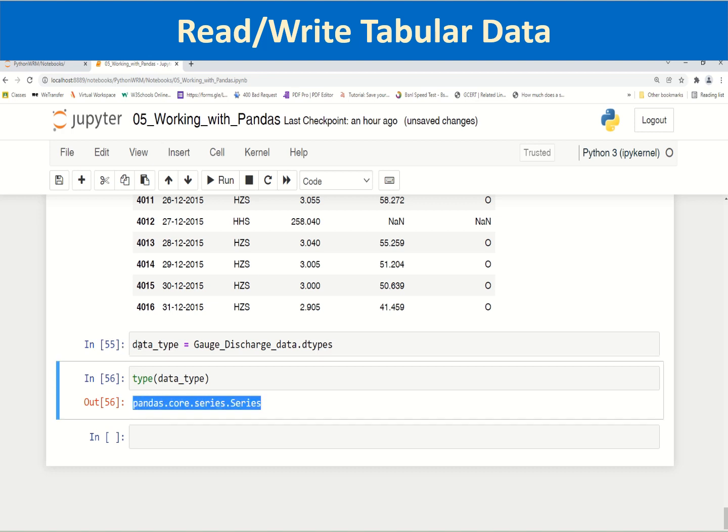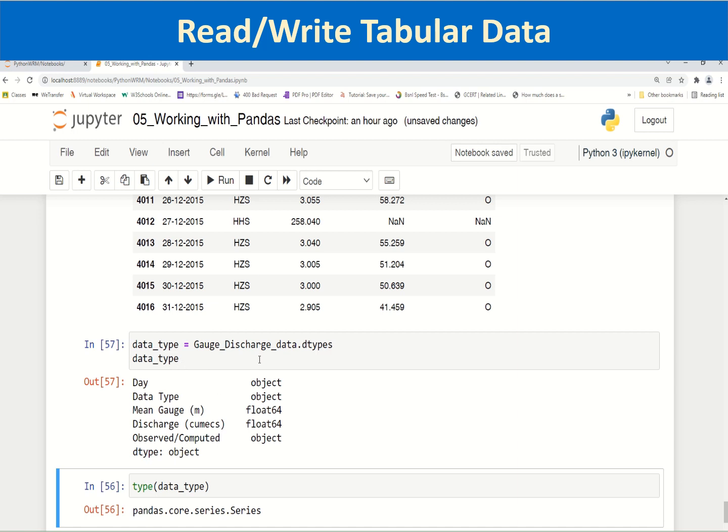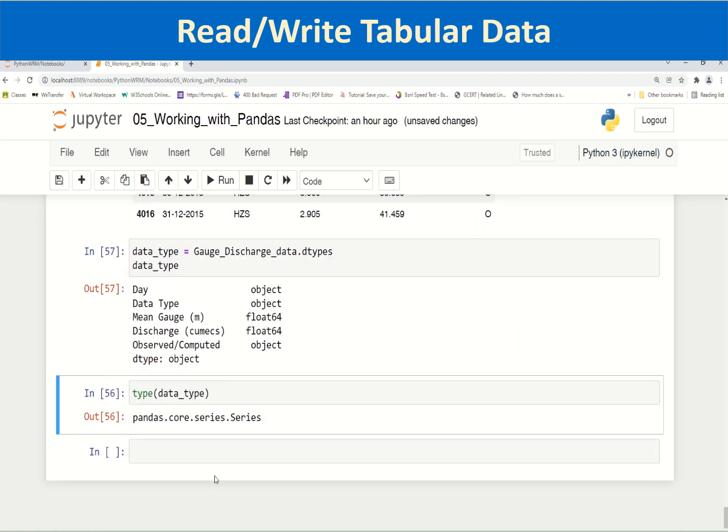So this operation on a data frame is again creating a series. A series itself is like a data frame having only one column. Then you can print